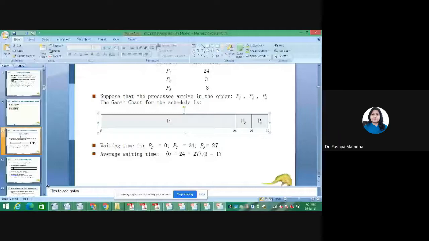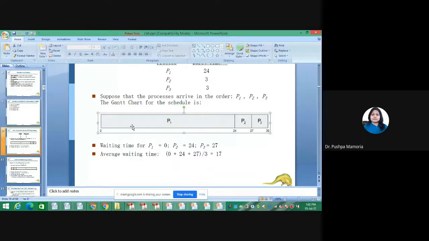So we can say the advantage of first come first serve is that it is the simplest CPU scheduling algorithm. Then the disadvantage is that the average waiting time is often long. The average waiting time is long, 17, as compared to other methods which we will see for the same snapshot, right? Because of that, it is not suitable for time sharing systems, and this method leads to convoy effects.